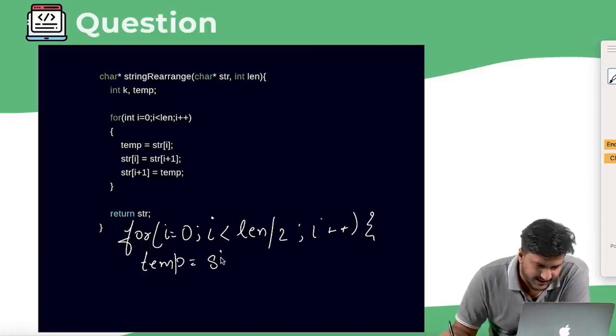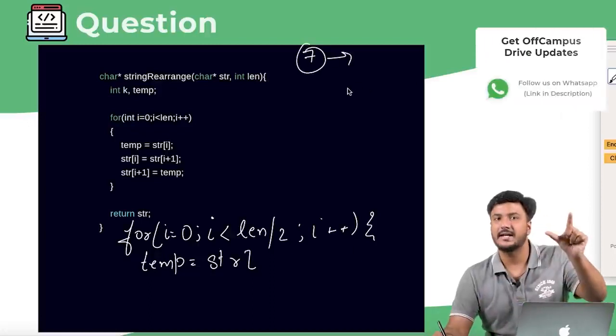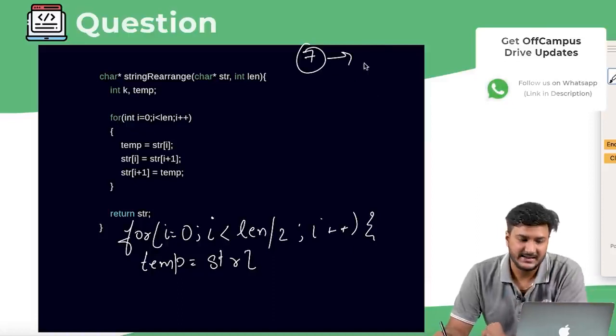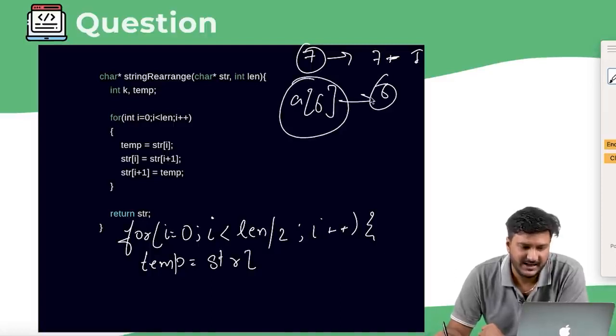is equal to str of, so let's say if the length is 7, what is the last character in the array? It is 7 minus 1, right? So this is not plus, this is minus 1. So a of 6 would be the last element if the length is 7.